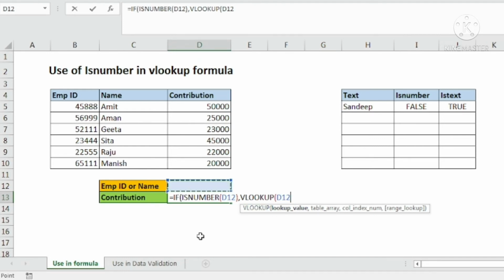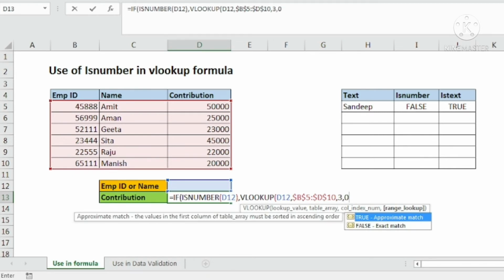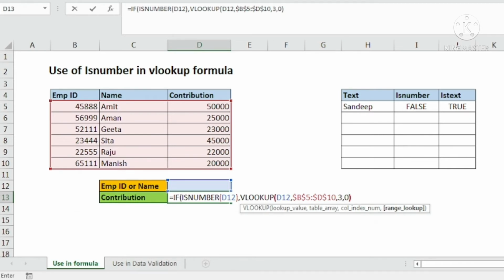VLOOKUP this particular cell, comma, this data which I am selecting from employee ID, because here I am picking up the employee ID. Lock this with the help of the F4 function key, and then comma. I am still in the VLOOKUP formula only. Column index number is 1, 2 and 3. Column index number is 3, comma, 0 for exact value, and then I will complete my VLOOKUP formula.